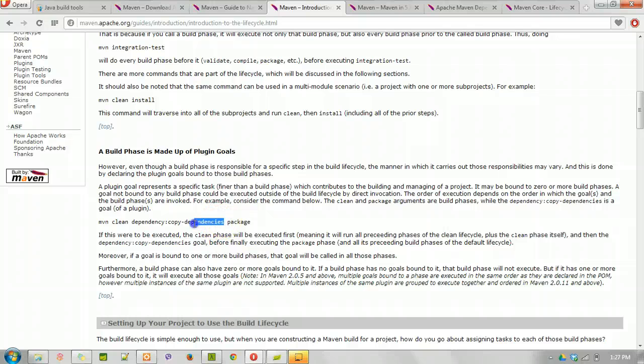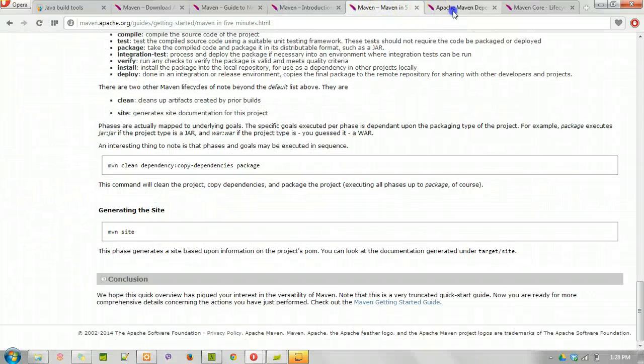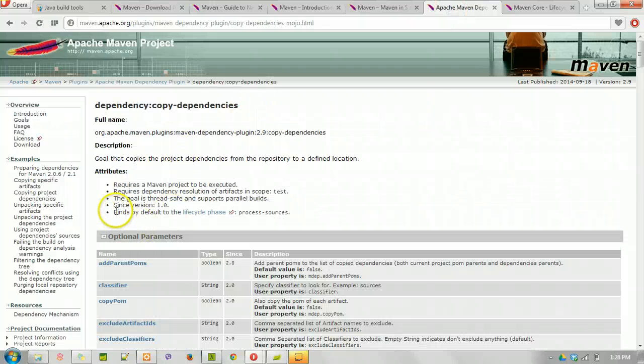But sometimes what happens is a plugin may be bound to 0 or more build phases. Okay, so a goal like copy dependencies might be bound to 0 or more build phases. Sometimes it is bound to a build phase, okay, and it might be bound to more build phases. So what happens at that time? Okay, so if I go here and click on copy dependencies, it says binds by default to the lifecycle phase